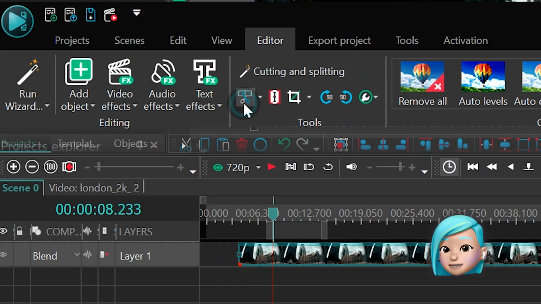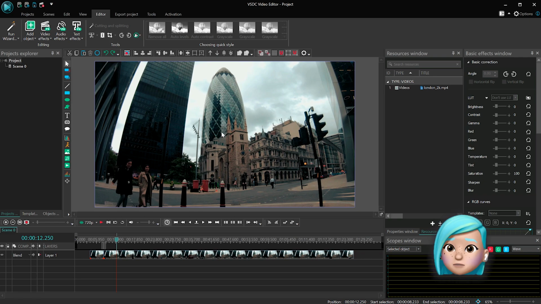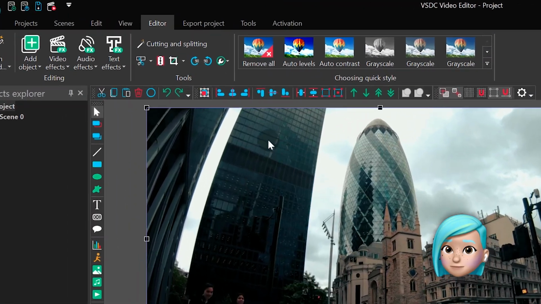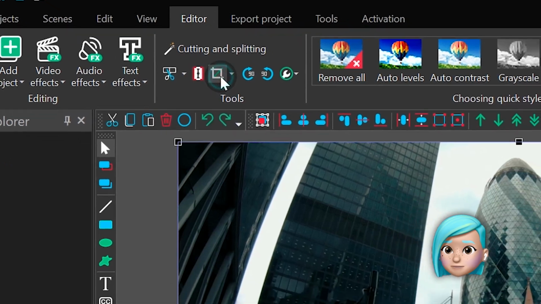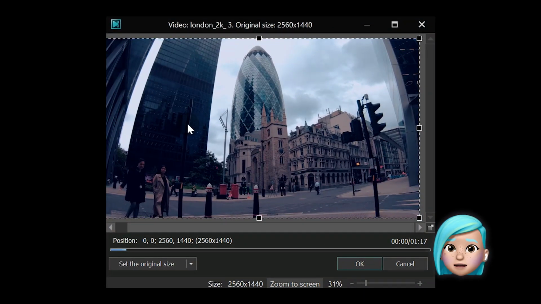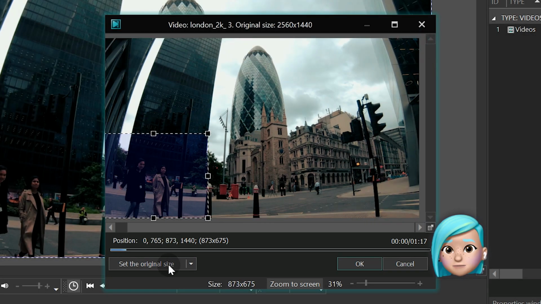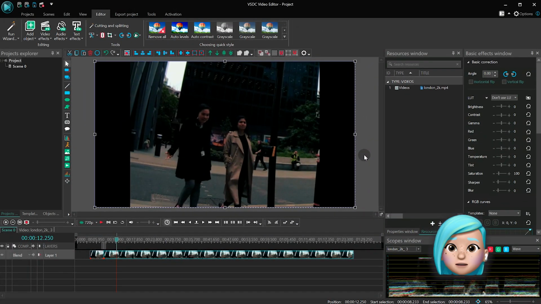Cropping a video is also easy. For example, if you've recorded too much extra space around the scene object, just click on the file you need to crop and use the cropping tool from the menu. A new window will pop up, and you'll be able to select the area that should remain in the scene. You can easily choose a custom frame size or maintain the original aspect ratio to avoid letterboxes.